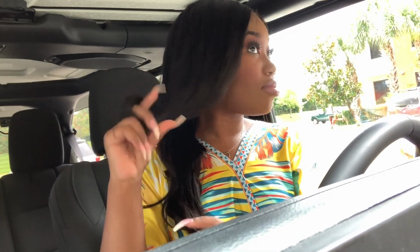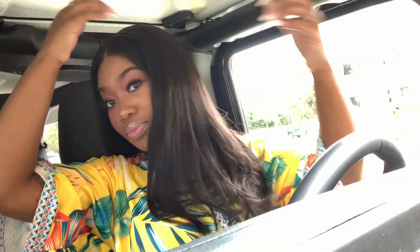All right, y'all, this is just a quick update. I'm in the car right now, and all I did was go from the house to the car, took a few pictures, and my curls are gone. I know this is straight hair or whatever, my bad, but I was expecting a little bit more. Other than that, I don't think this hair is bad. This is not a bad quality of hair. But if you do want to achieve curls and you want the curls to stay,